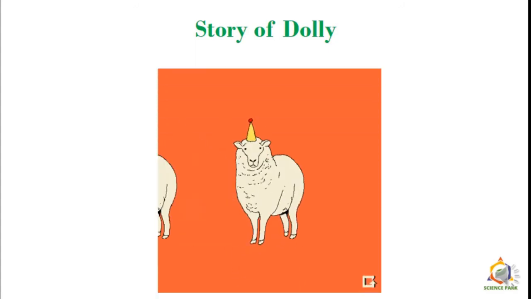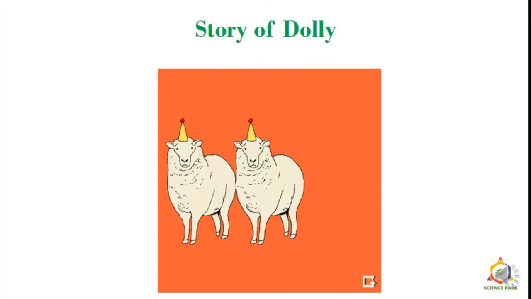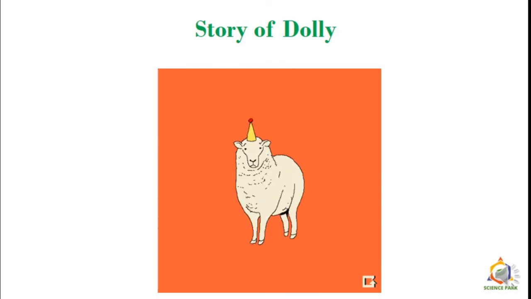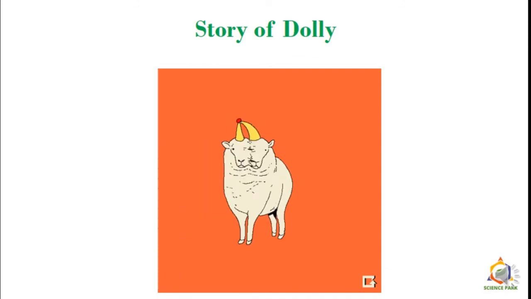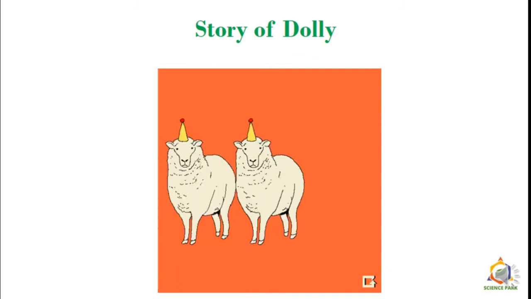Let us study the story of Dolly. Yes, all of you know Dolly was a sheep whose clone was produced in Scotland by Ian Wilmut and his colleagues. Cloning is the production of an exact copy of a cell, any other living part or a complete organism. So, how do they exactly produce this clone?